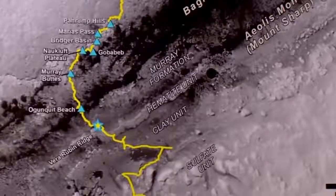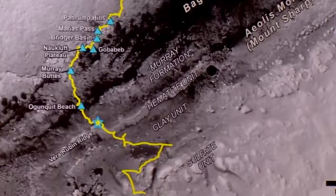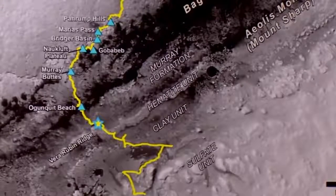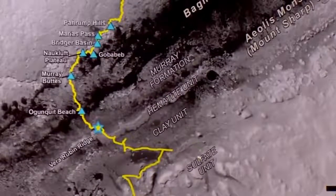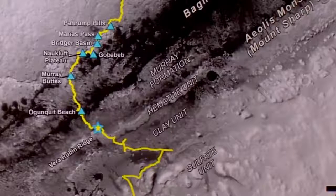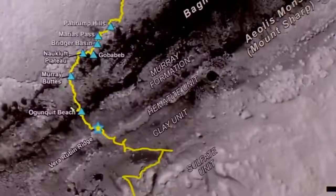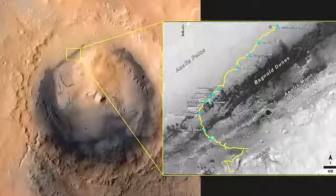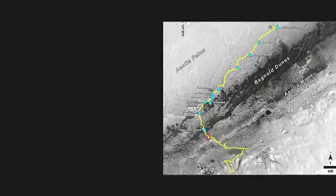But most of the past 2 or 3 years we've spent on the mountain itself has been in this initial layer of the mountain called the Murray Formation. It doesn't have a fancy name like clay and sulfate or hematite, because we didn't know what it was made out of when we landed there. So we just named it after Bruce Murray, one of the founding planetary scientists at Caltech. And so we've been spending all of our time here so far, and we're about to get to the next layer. But now, keep your eye on that map, we're now just about to ascend the ridge,